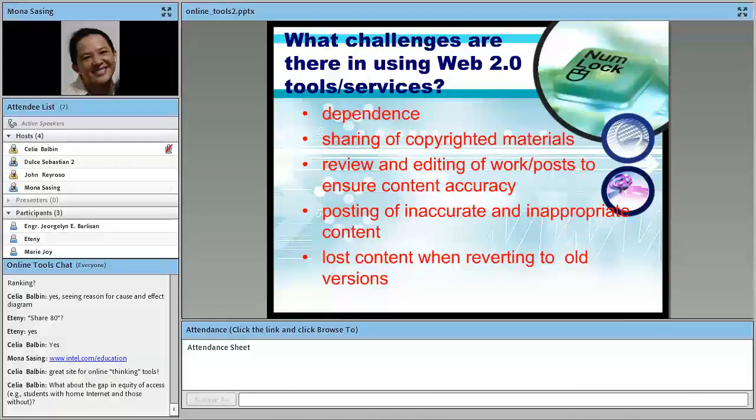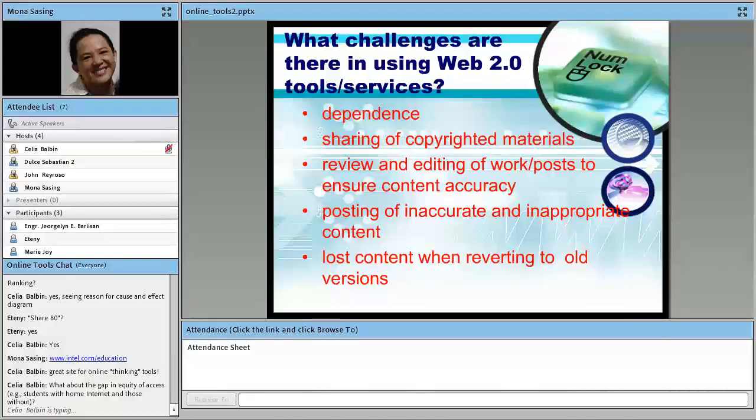You have to think twice, and you have to carefully plan how you monitor the usage and how you monitor their work, their progress, and even the quality of the work that they produce. And most especially, you have to teach them how to cite their sources. This is very important. It's very easy for them to just copy resources online.